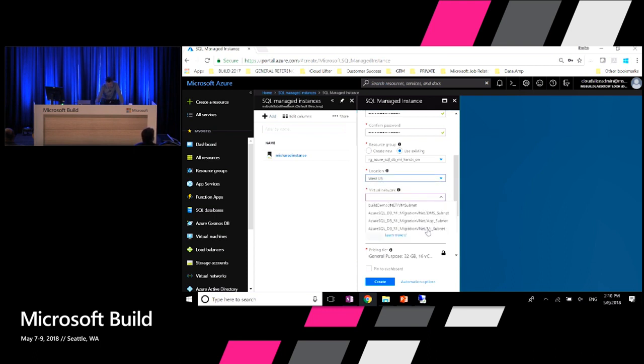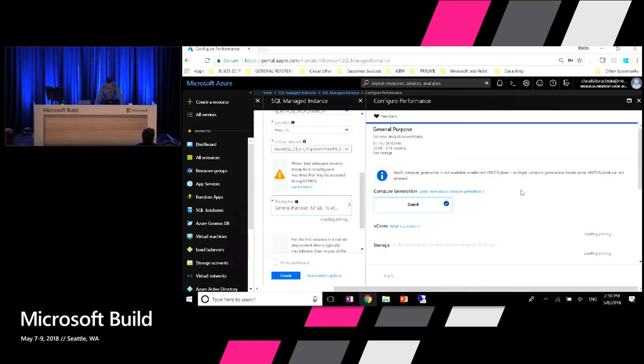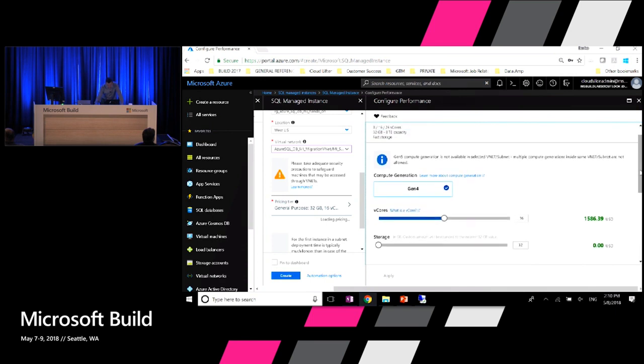And then the very specific thing is you need to specify a virtual network. It needs to be pre-created, where you want to place your managed instance, right? So how many of you are familiar with virtual networks? Great, so you know what I'm talking about. The subnet for the managed instance needs to be dedicated, so no resources inside of that subnet, but luckily you can partition your virtual network to have multiple subnets, so you can create very interesting topologies. So I'm actually specifying this, and let me show you this new business model.